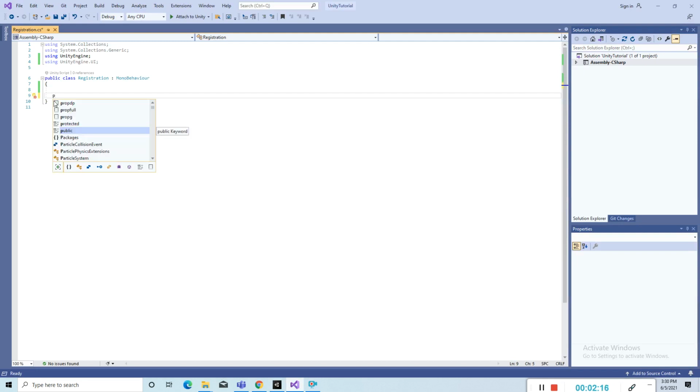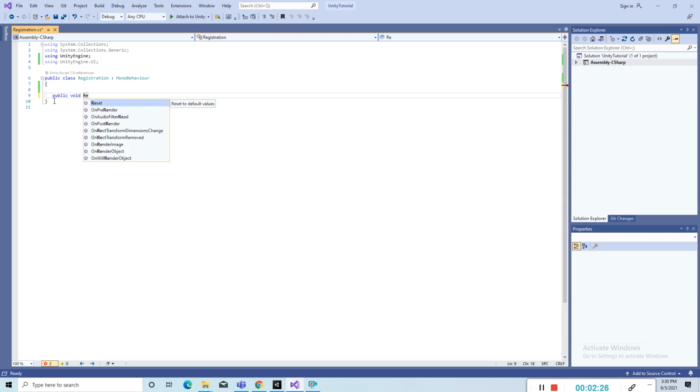So make it public void and I can name it UserRegistration, because I am registering the user's information. This is a simple public void method.